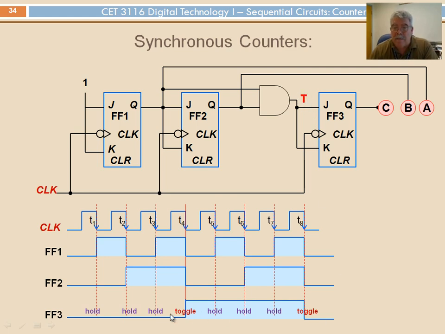And this is what we have, T. T will be 0 for the first count, if you remember the truth table. Also, in the second clock it will be 0, that means a hold, and the third will be a hold. But whenever we find that A and B are both 1, then we need to toggle. And that will correspond to a 1 here. So we have 1 and 1, this is going to be 1, and this is a toggle. Later they will change, and then we have a 0 or a hold, 0, 0, and then again a toggle, and then go back to 0. All right? So we can extend this idea